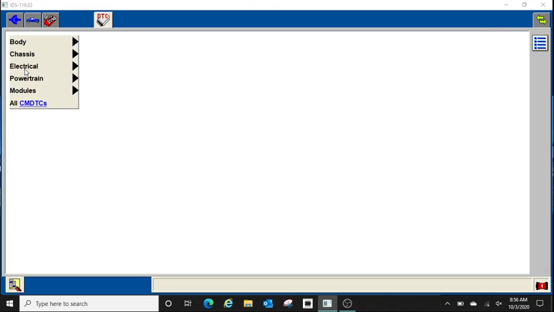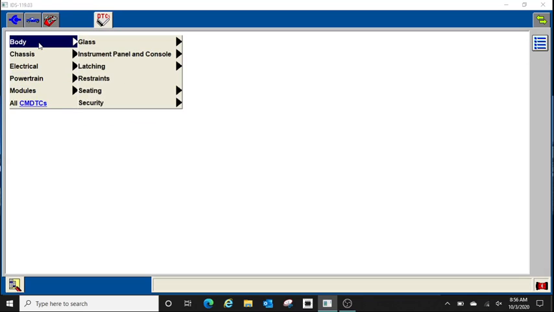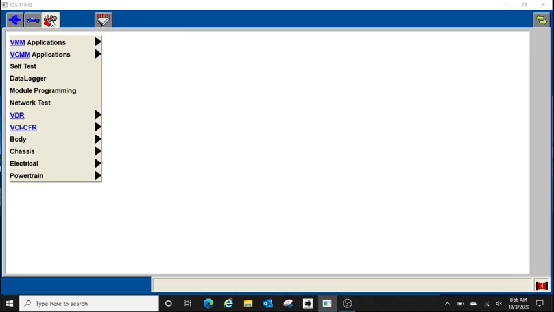If we did self-test, we'd be able to run codes on a module. So you could do powertrain, body. We're doing lighting stuff right now, so if there was anything lighting in there, which it doesn't seem to be. But let's stick with the mission. Go to Data Logger,